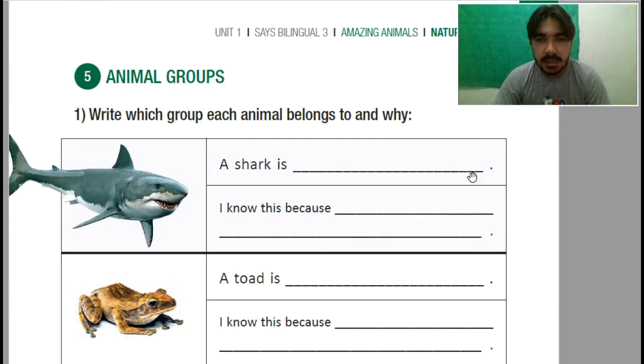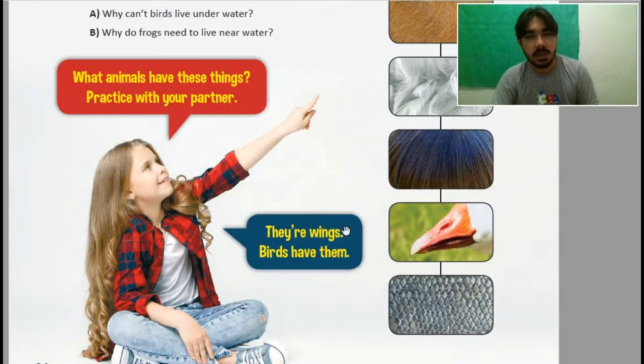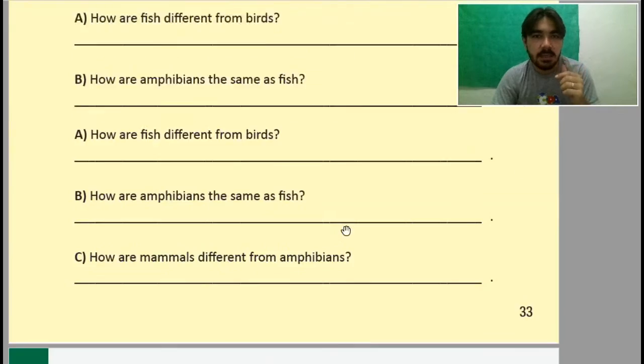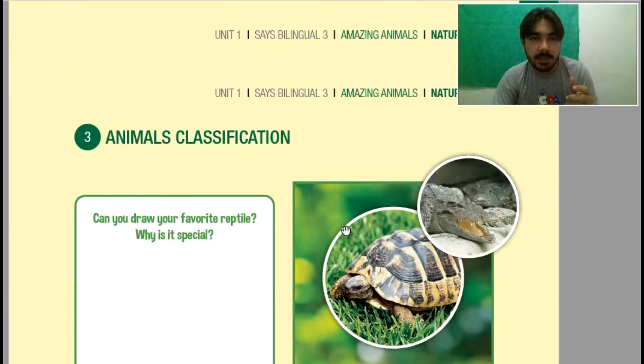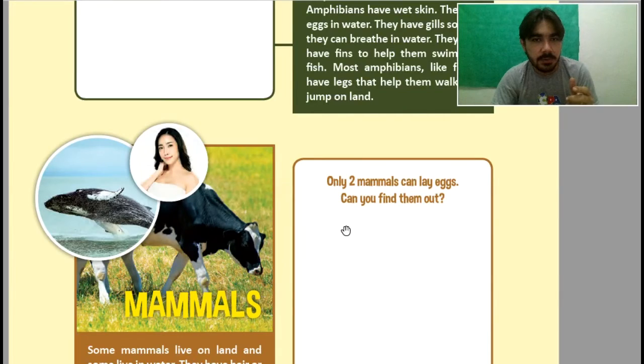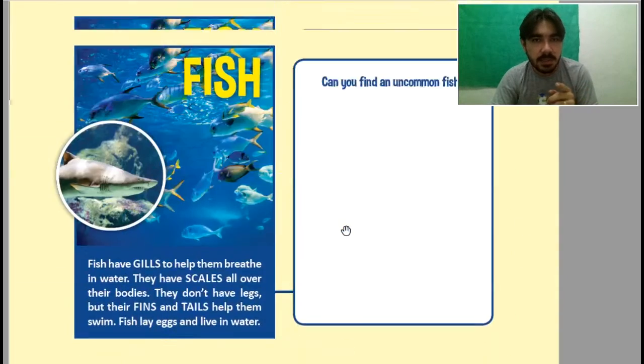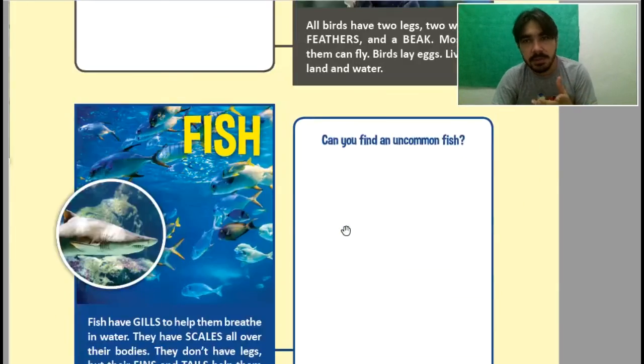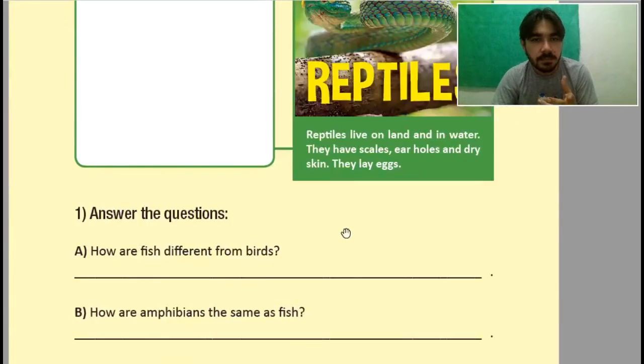E aqui nesse espaço é onde vocês vão escrever a resposta de vocês, que é a classe que eles estão encaixados. For example, a shark is... E vocês vão imaginar em qual delas seria, de acordo com reptiles. Respostas, olha. Mammals, amphibians, fish or birds. E aí vocês vão escrever aqui.